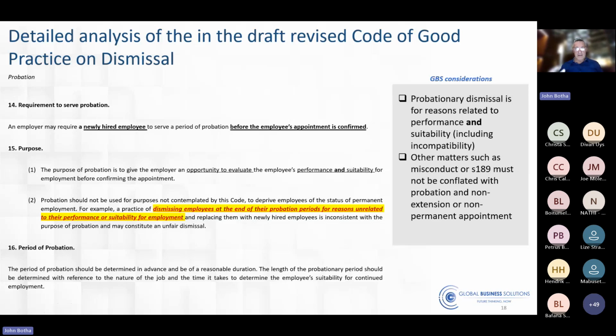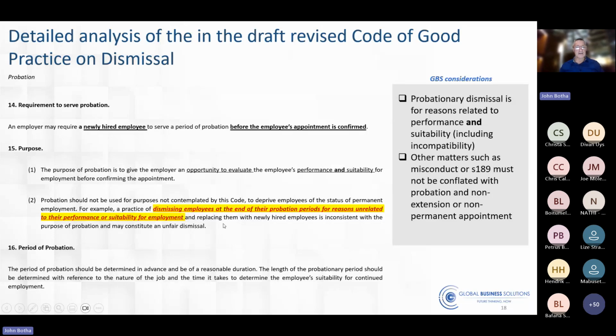In other words, compatible. Does that person align with your culture of client centricity? Does that person align with your culture of urgency and align with your culture of integrity and honesty and whatever your culture is? You see, they're saying that. They're then saying probation should not be used to contravene the provisions of law to just deny permanent status. So you can't appoint someone on probation and extend and extend and extend it for unjustifiable reasons. So you can't dismiss them at the end of their probation if it's for a reason unrelated to their performance